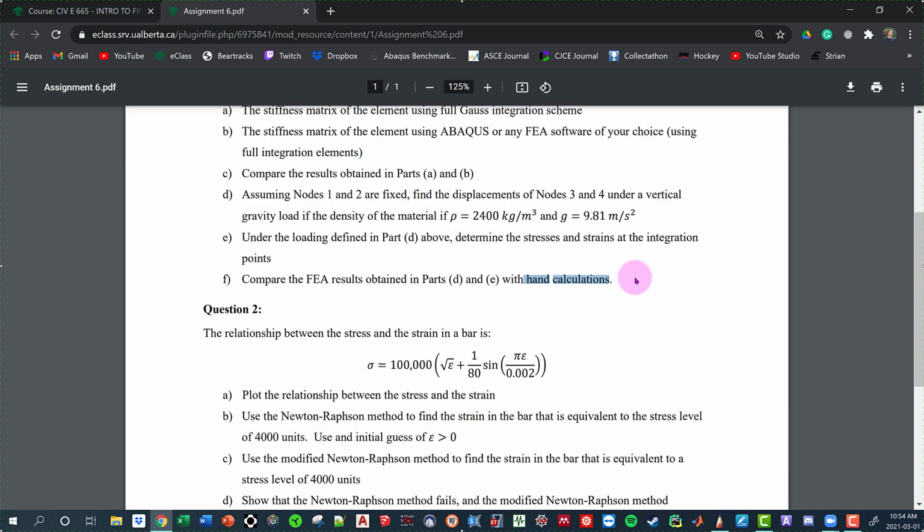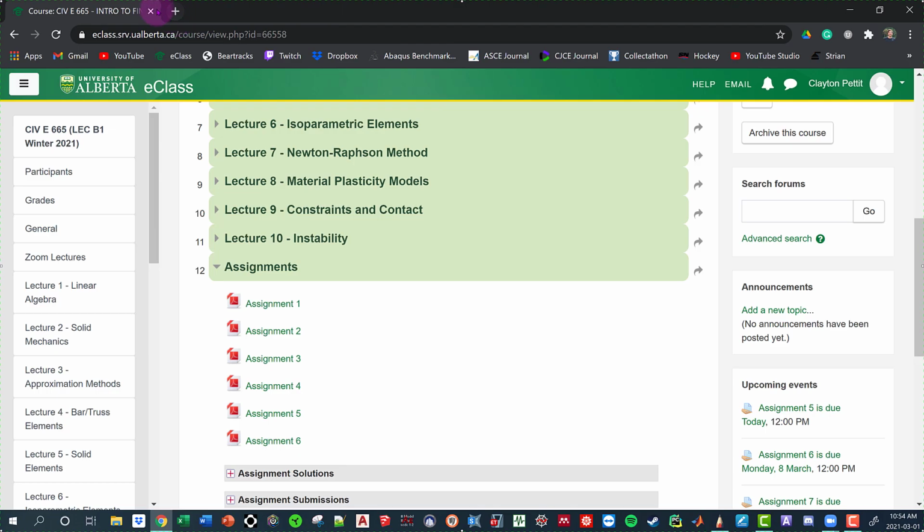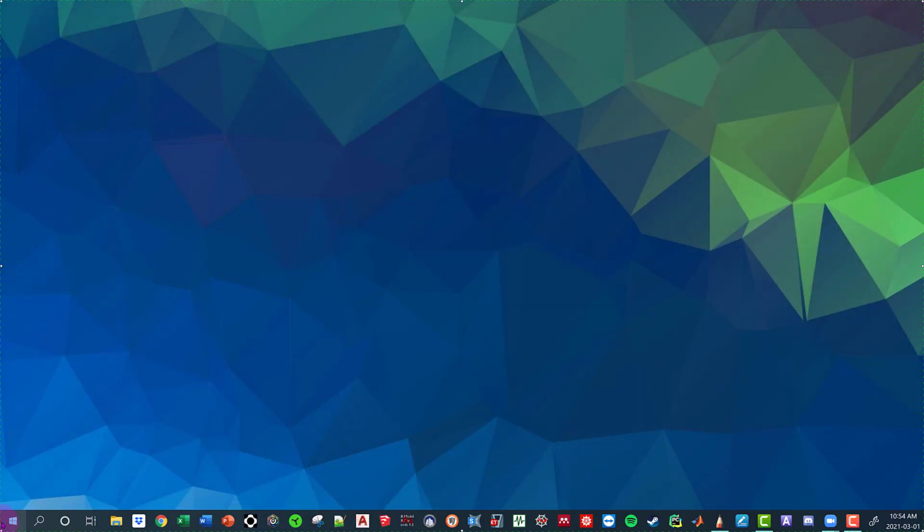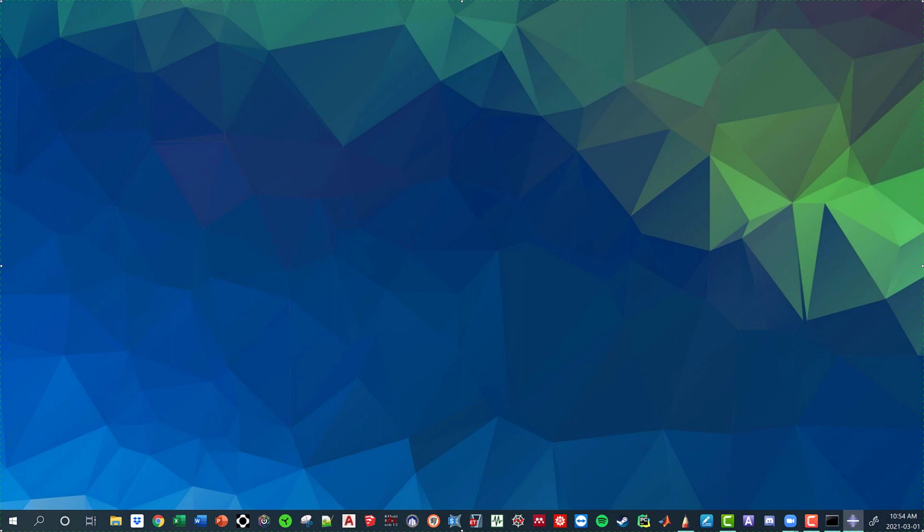So another question is, where can we find the stiffness matrix in ABAQUS? Well, if you guys have nothing better to do, I will show you guys. So let's go into ABAQUS, and let's show you guys exactly how to get the entries of the stiffness matrix. Sound good? This will be extra. So if you guys want to know how to do it, you guys go ahead. Think of this as kind of an extra little fun time.